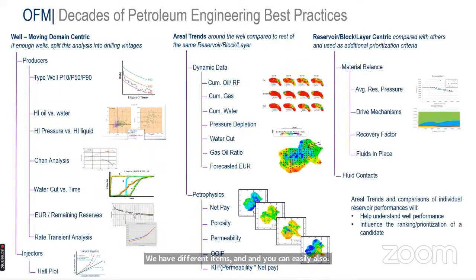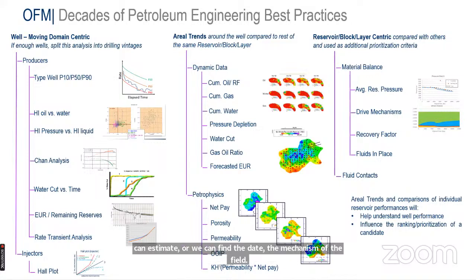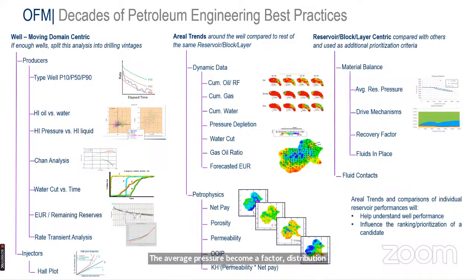And also from the field level, reservoir level, and well levels, we can do drive mechanism analysis. We can find the driving mechanism of the field, the average pressure, recovery factor distribution, oil water contacts. All of these can be visualized and analyzed, and we can even make decisions using these different levels,